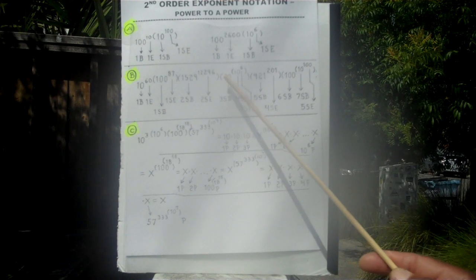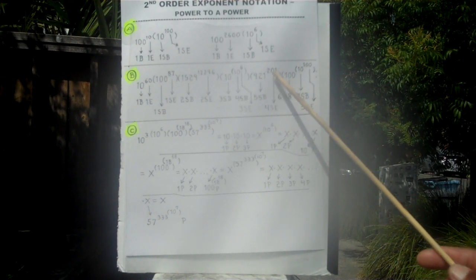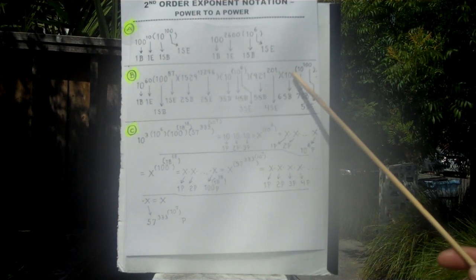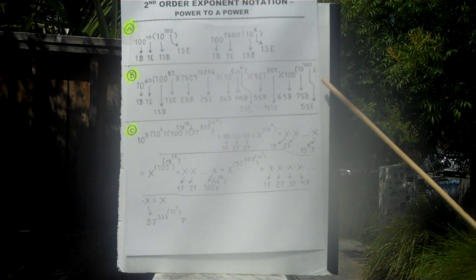100 to the 87th power, 1529, to the 12,296 power, to the 10 to the 6th power, to the 921, to the 201 power, to the 100, to the 10 to the 100th power, and that means